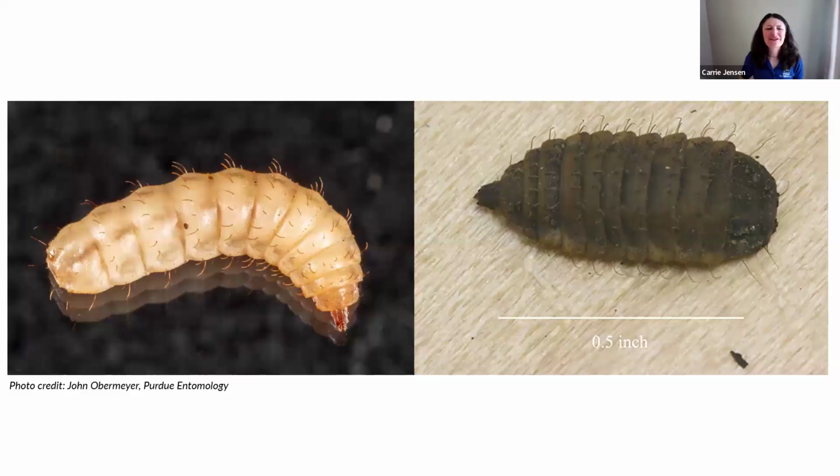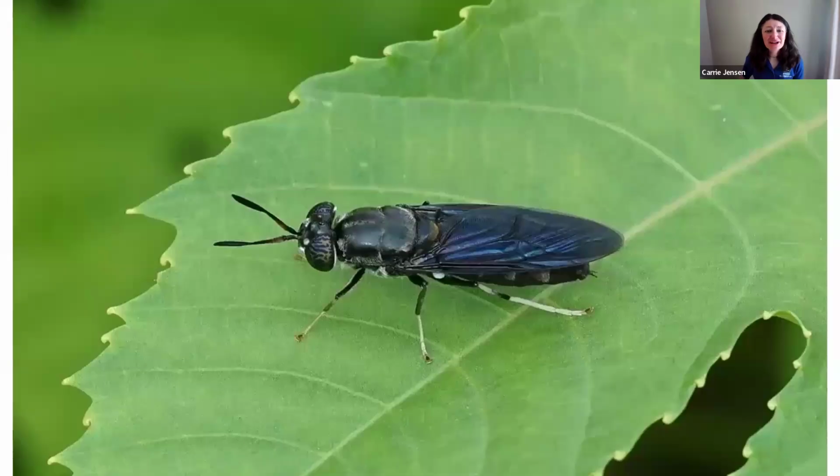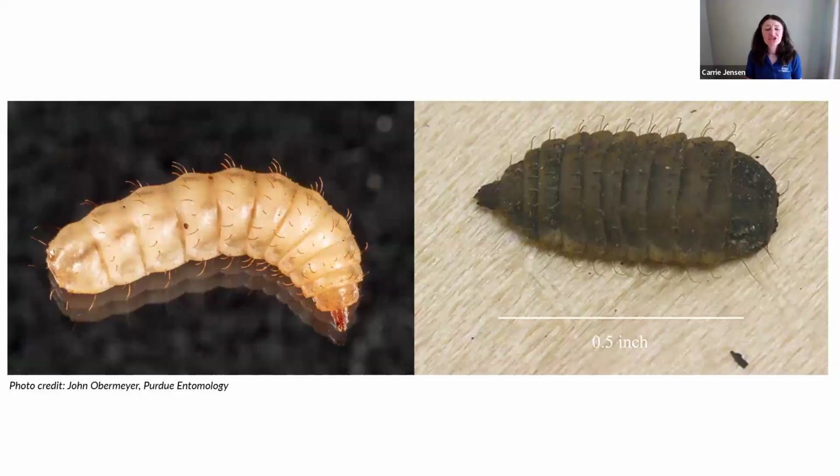Yes, they're one of my favorites. The adult soldier fly doesn't even have mouth parts. They live very short lives as adults, and they have these iridescent blue wings. They're really pretty flies, actually. But in their larval stage, where you might find them in your compost bin, they are voracious eaters, and they will decompose large